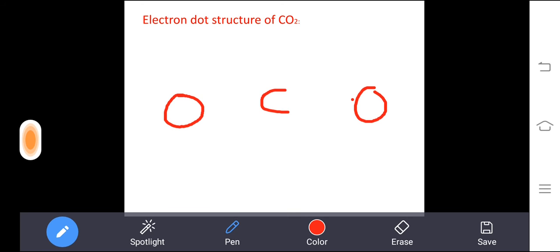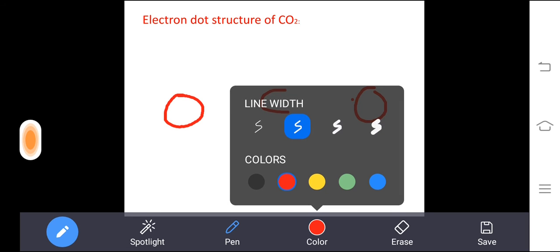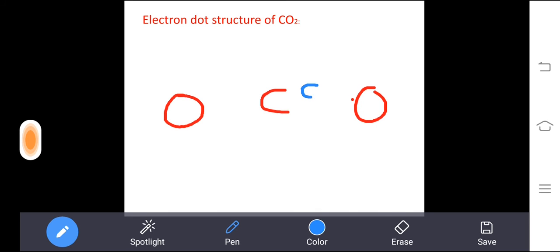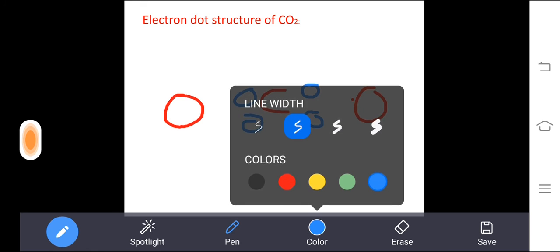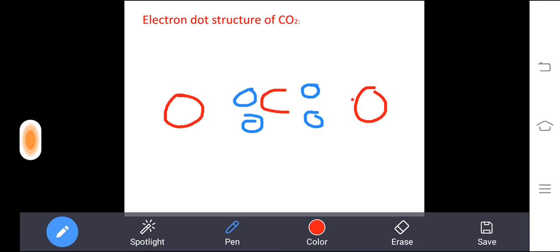So now what is the valency? I'll write the valency for the carbon. What is the valency for the carbon? 4. So to show here 4: 1, 2, 3, 4. What is the valence electron for the carbon? Why am I asking the valence electron for the carbon? If you know the Lewis dot symbol for the oxygen, then you don't need to know the valence electron. Lewis dot symbol for the oxygen, in the beginning itself we discussed, 6. Did you remember that? So the 6 we want to draw like this.